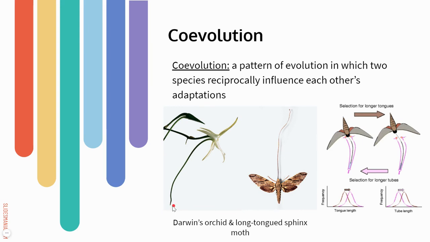So as the pressure is on the orchid to have a longer nectar tube, the moth develops a longer proboscis, and then it's a back and forth for both of them, where there's selection for longer tongues and longer nectar tubes. So this evolution, where we're getting reciprocal influence on two species from one another, that's called